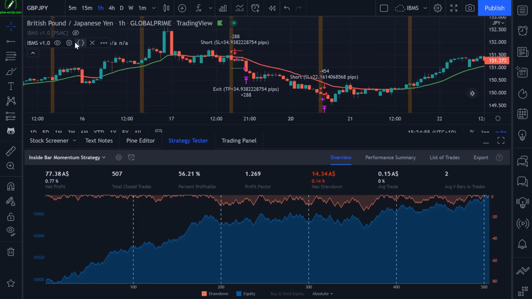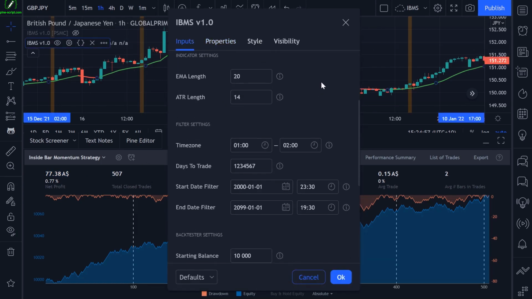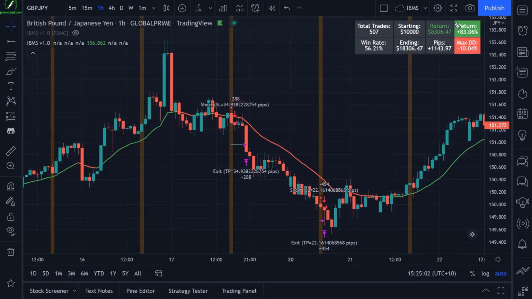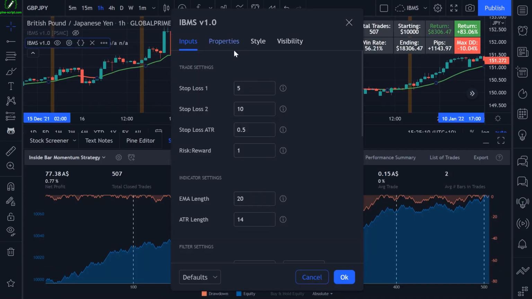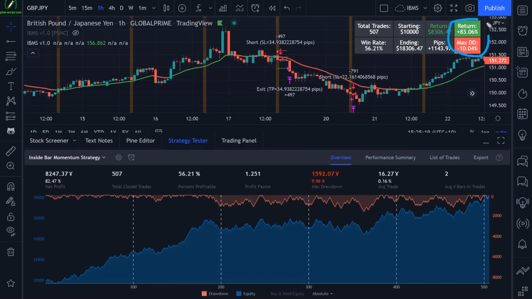That's why I write my own strategy simulation here, my backtester simulation, that more accurately returns a dollar amount and a percentage amount. If I set this back to default, you can see that the results are not exactly accurate. There is some discrepancy between my simulated results and the strategy tester, but it's very close. 83% versus 82% and 9.96% versus 10%. But we still have the same win rate, the same total trades. My return in dollars is a little bit more accurate than the strategy tester will give us, at least for